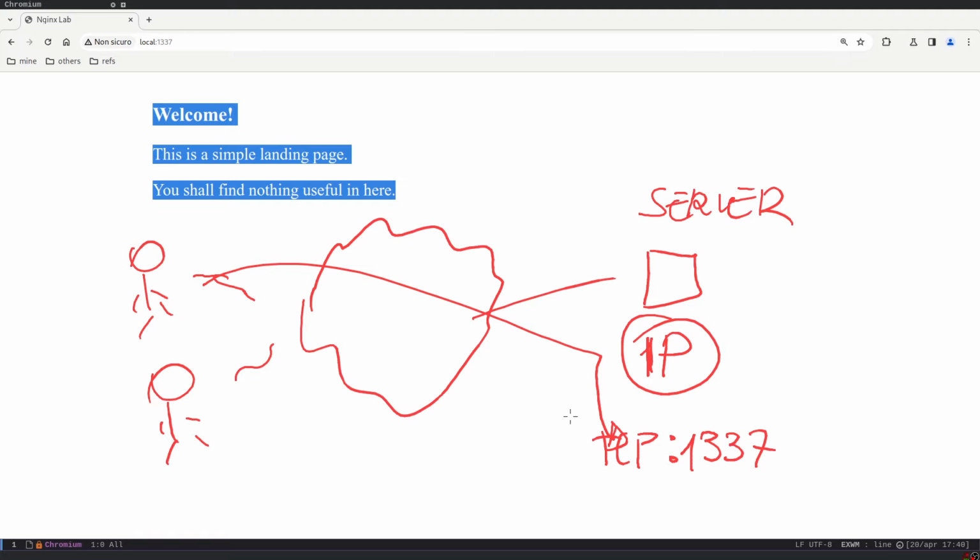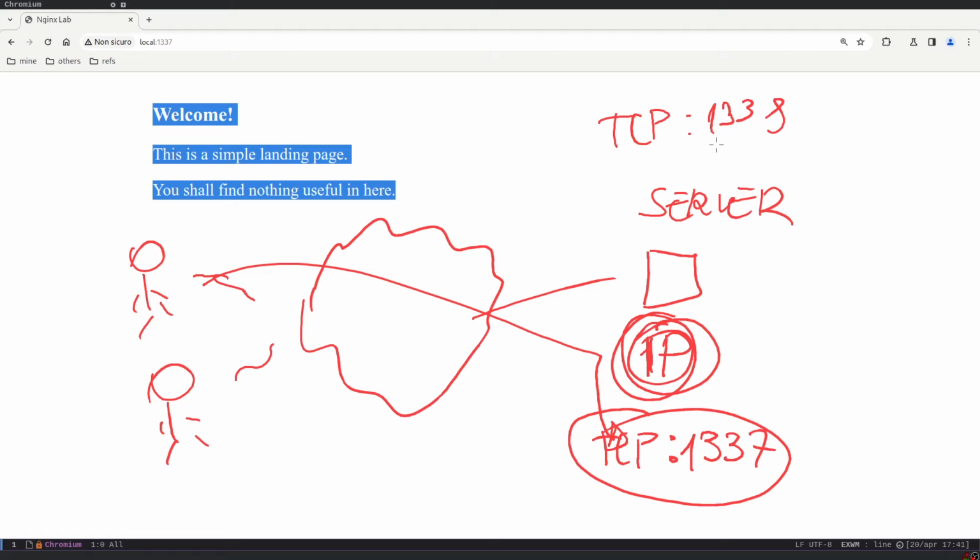However, the people who engineer this sort of stuff realize at some point that just with this, to have a single web application, I need to allocate an IP address and a TCP port. So I need both resources for just one web application. And this can be very limiting if you want, for example, to host 2 different web applications, not just one. What would you have to do? Well, maybe you can keep the IP the same, but you have to choose a different port. Maybe 1338, not 1337, because that's already allocated for one web application. You have to use a different port, and this means also spawning a different process that takes care of this